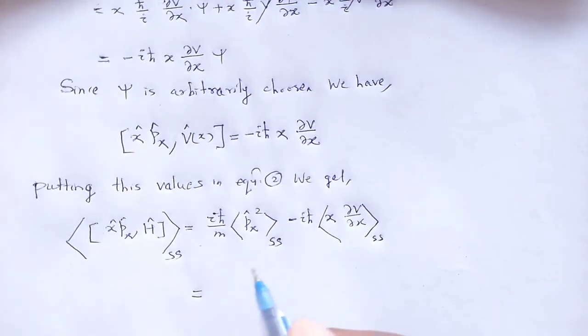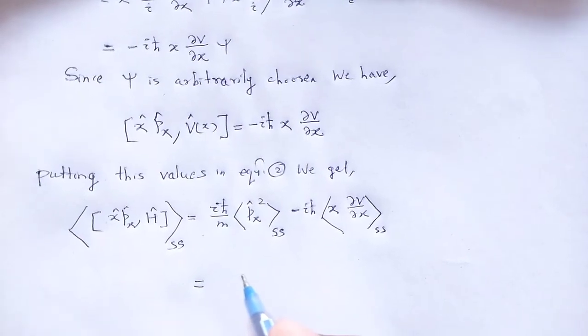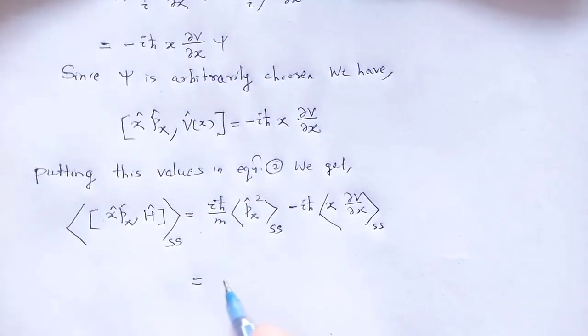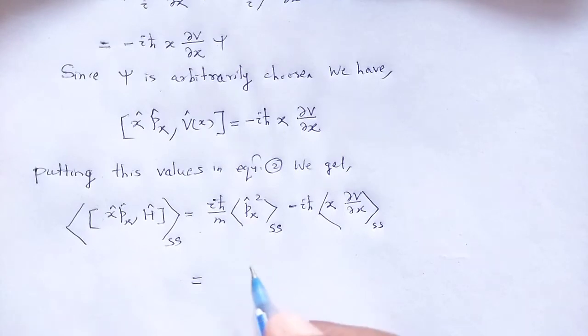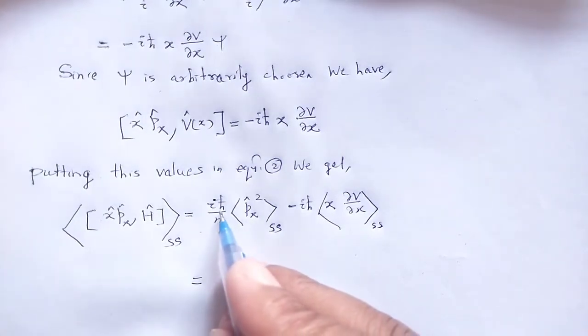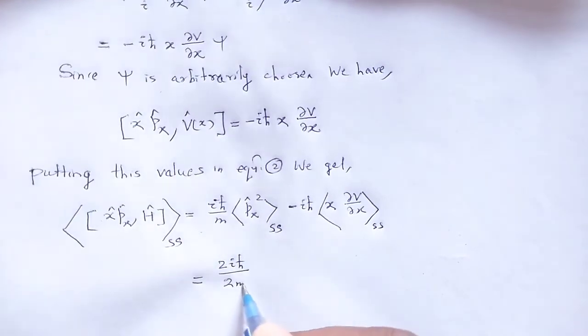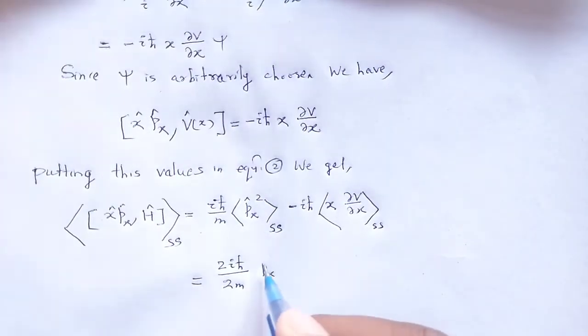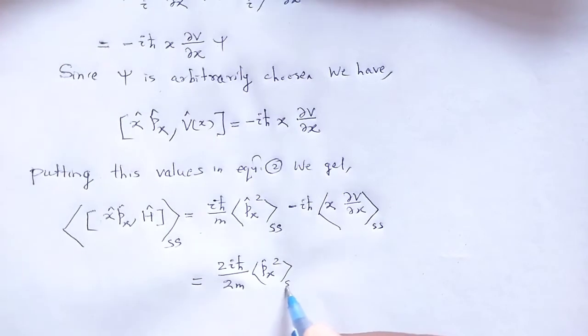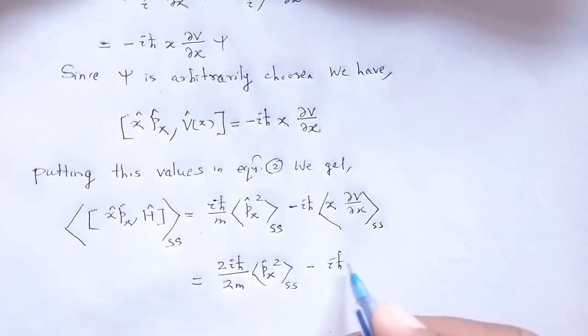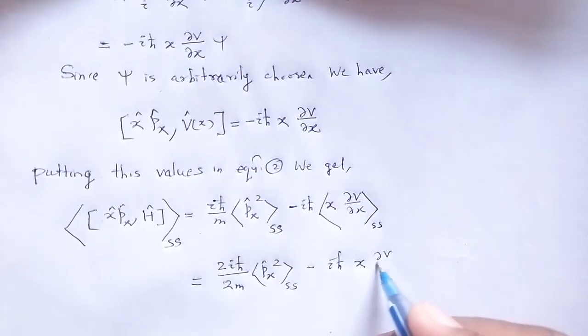Then what will be the values? Just multiply and divide by 2 here, 2 i h cross divided by 2m, there will be no such change, px square expectation for that of stationary state minus i by h cross x del v by del x